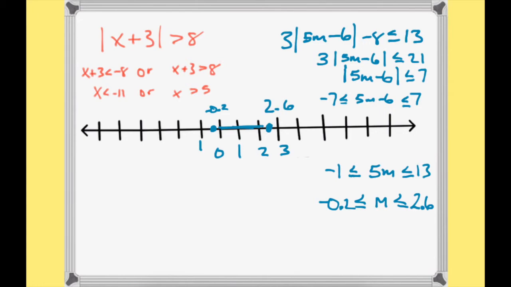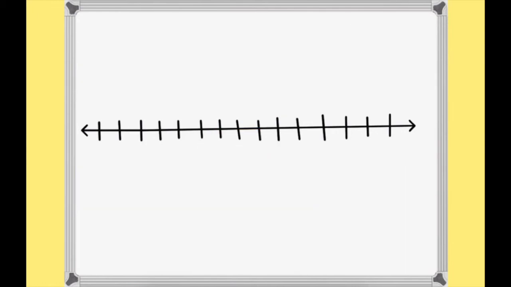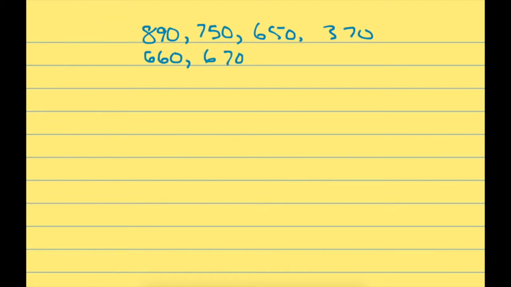So let's take a look at a word problem. You're buying a new computer and find 10 models in a store advertisement. The prices are $890, $750, $650, $370, $660, $670, $450, $650, $725, and $825. The first thing it asks us to do is find the mean of the computer prices, or